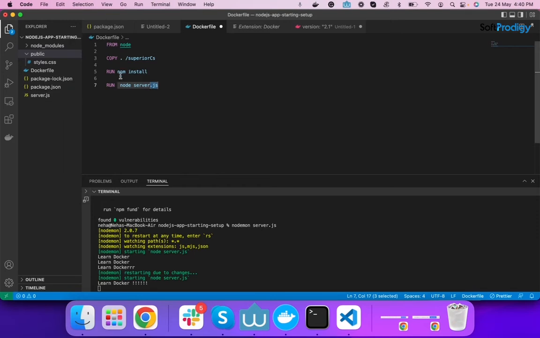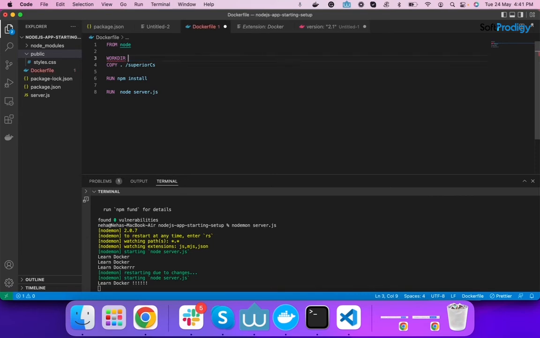After copying all the files into the folder, Docker is going to run the npm install command, and after that node server.js. But now we can mention one more thing here, that is WORKDIR. We can provide a particular path inside the container where I want to place my project.